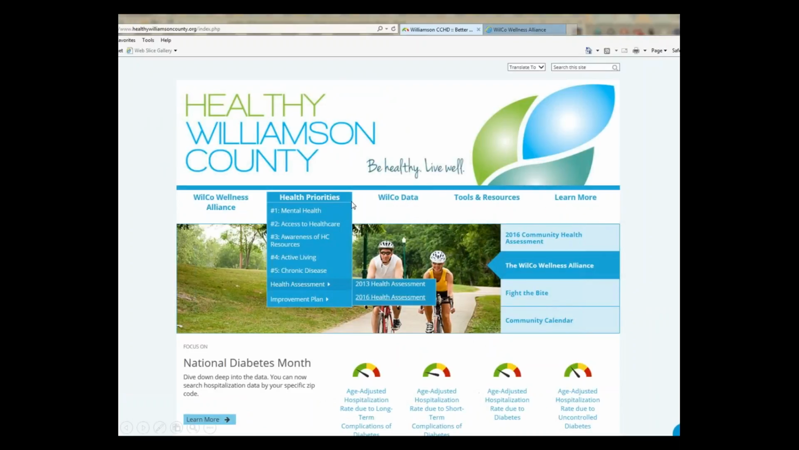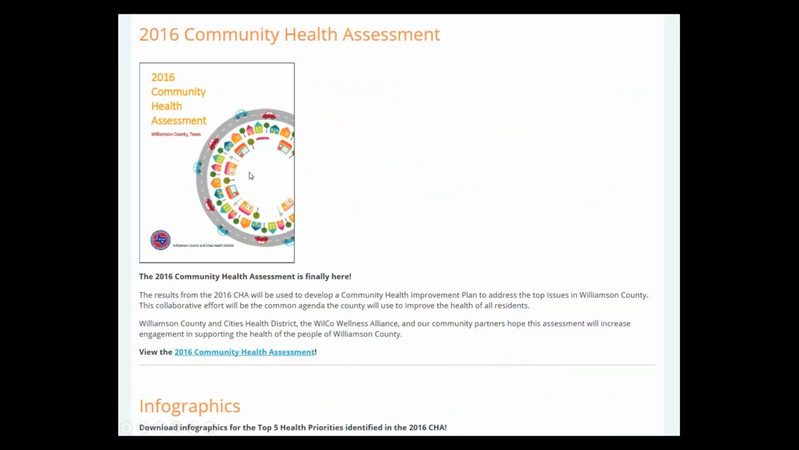Okay, so going back, I just wanted to show you our community health assessment. So if you scroll all the way down to this assessment, it'll pull a drop-down box. And our most recent 2016 health assessment is right here. And so if you click it, there's just a nice